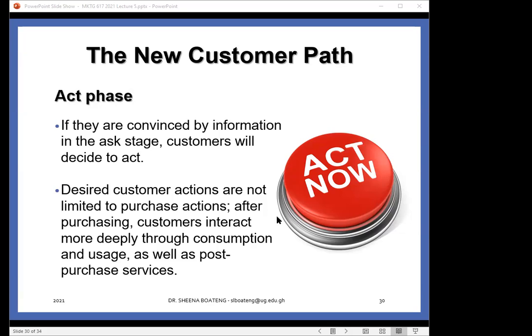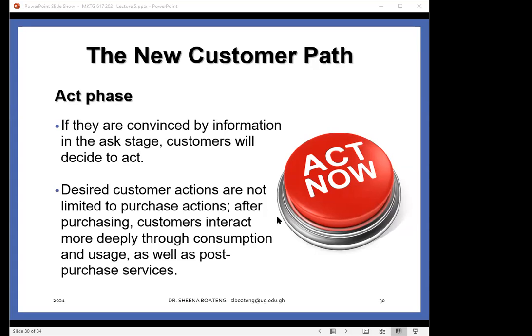After the purchase, the customer can also interact more deeply through consumption and usage, by engaging other online users who have also experienced purchasing and using this product or item, and sharing experiences on how to get the best value out of consuming and using these products and items. We can also talk about post-purchase services that are facilitated through the internet,